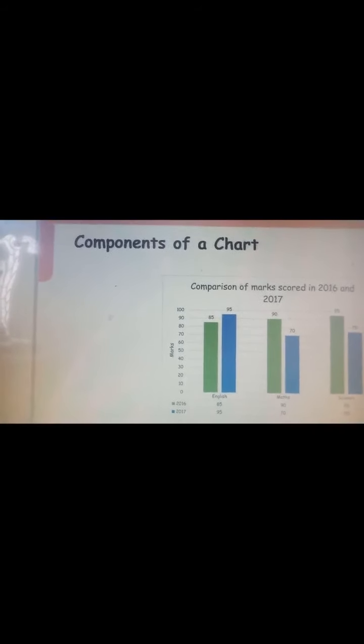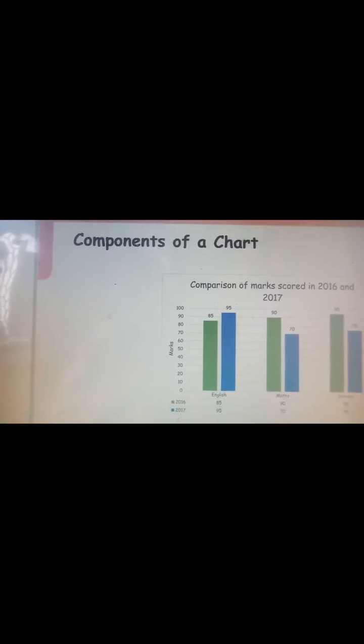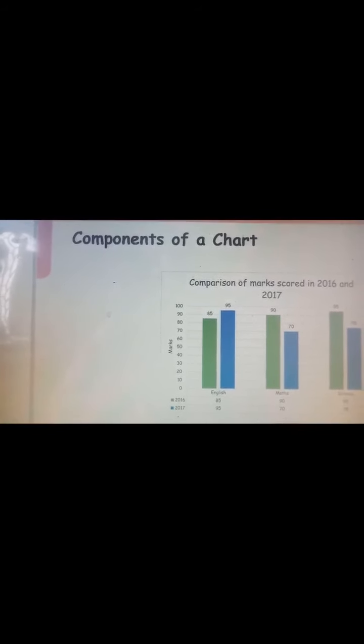Now components. What are the components of a chart? First, here you can see the table where the comparison of marks in 2016 and 17 is done. Here you can see this one is called the y-axis and this one is the x-axis. Marks is called the axis title.